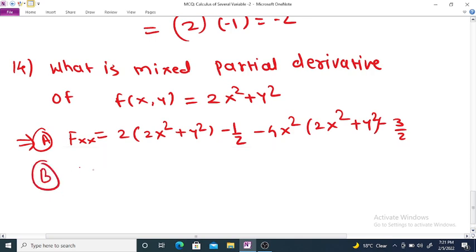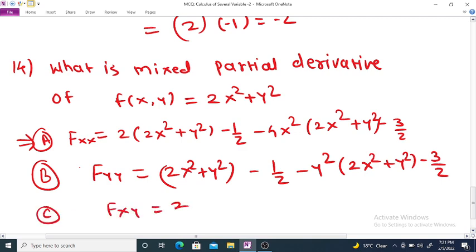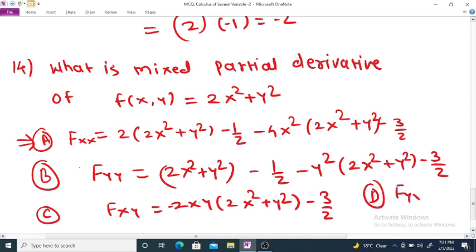B is f of yy is equal to (twice x square plus y square) to the power minus 1 by 2 minus y square (twice x square plus y square) to the power minus 3 by 2. Option number C, f of xy is equal to minus 2 twice xy (twice x square plus y square) to the power minus 3 by 2. And option number D, f of yx is equal to